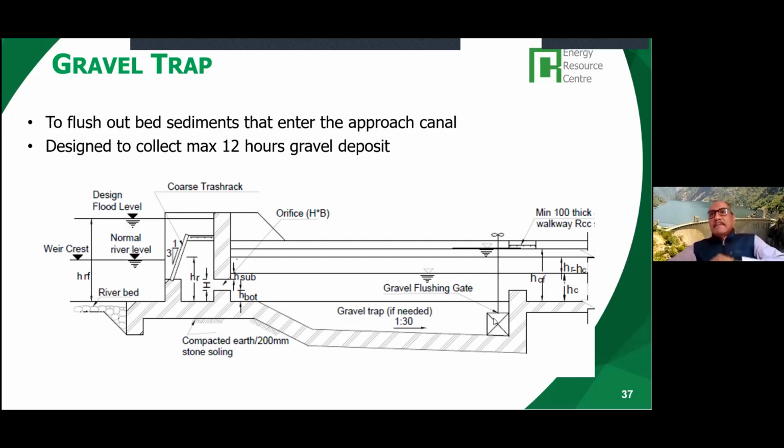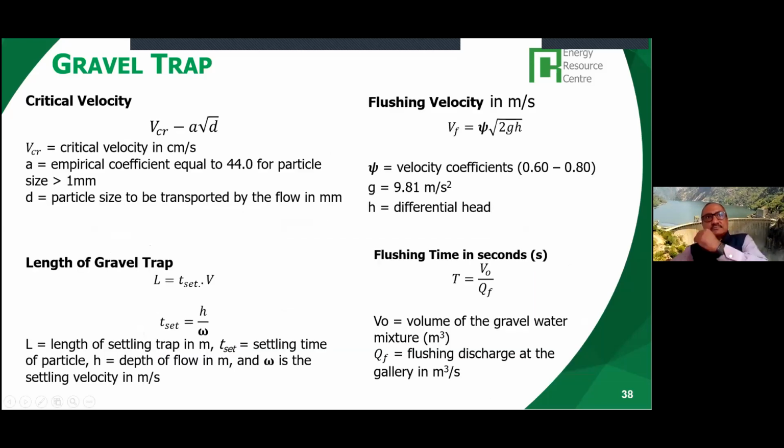Okay, and then after the gravel trap is the canal that will start and deliver water to the powerhouse, the forebay first, then to the powerhouse. Now, what are the critical factors that we have to consider when we design the gravel trap? One parameter that needs to be decided is the critical velocity. And this critical velocity